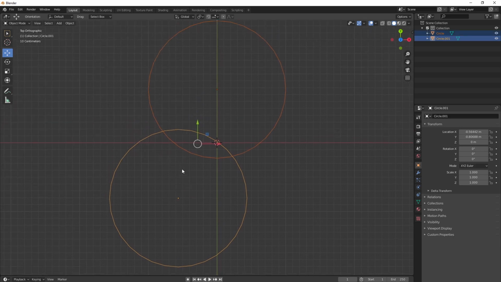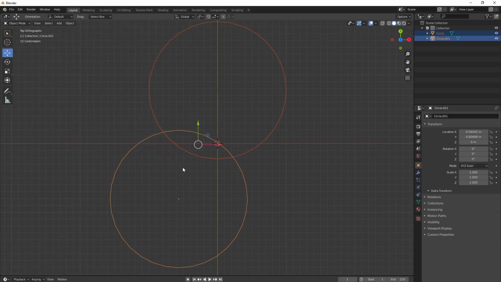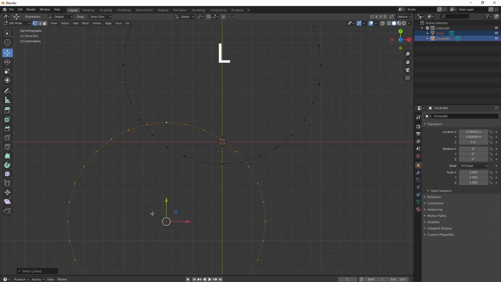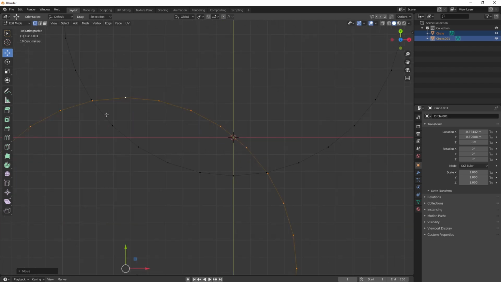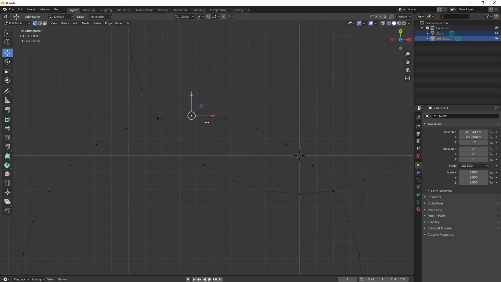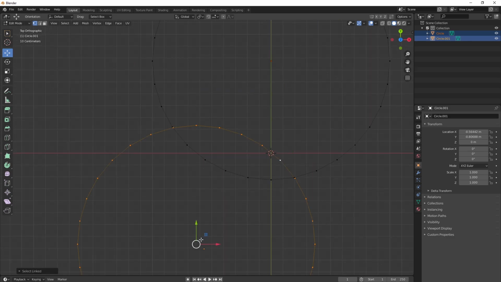Then select both of the circles, go to edit mode by pressing Tab. Then make sure to select all the model by pressing L. Then just place that vertex nearby another vertex like that, because later on we have to merge these two vertices. Okay, select it properly, place it,